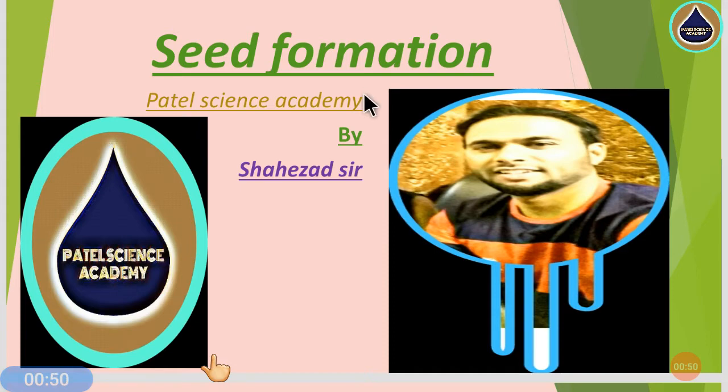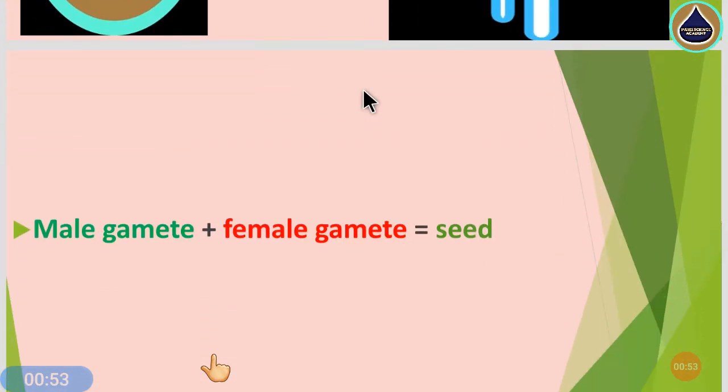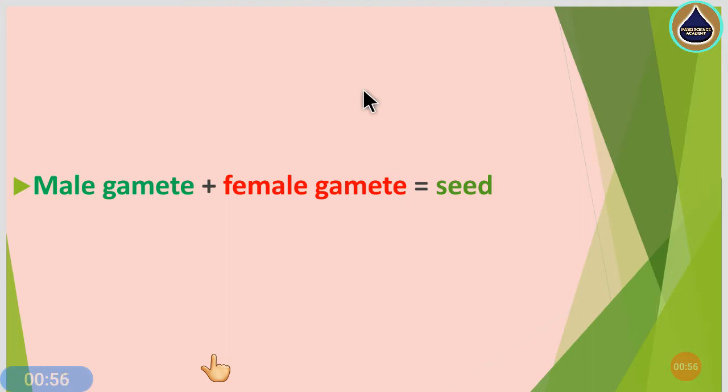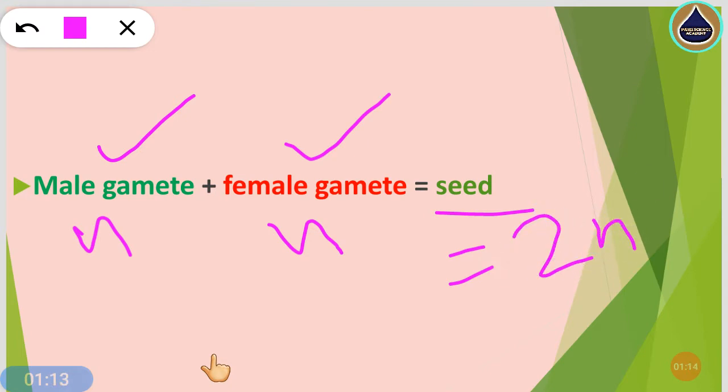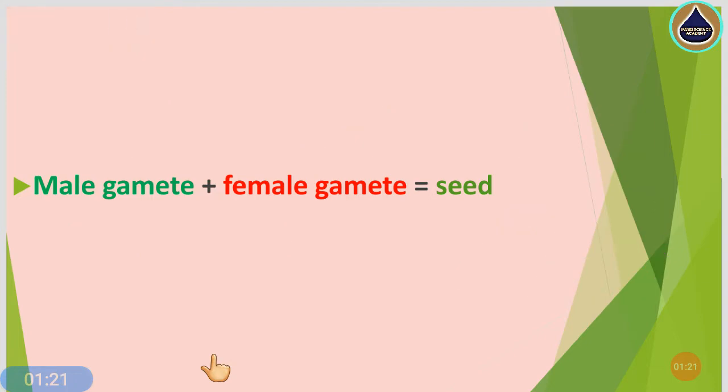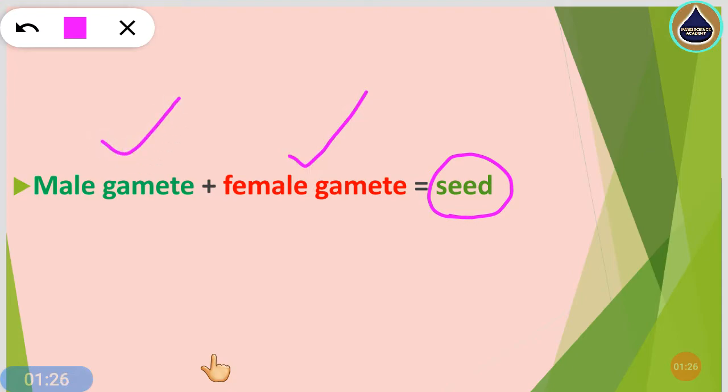So dear students, let's see the details of these slides one by one. You can first understand the formation of the seeds. The seed is formed by the fusion of the male gamete with the female gamete. The male gamete is haploid, single n, and the female gamete is also haploid, single n, and they are fused. These two gametes fuse to give the 2n zygote, and that 2n zygote finally converts into a seed with its embryo. So it means simply that the seed is formed by the fusion of the female gamete and the male gamete.